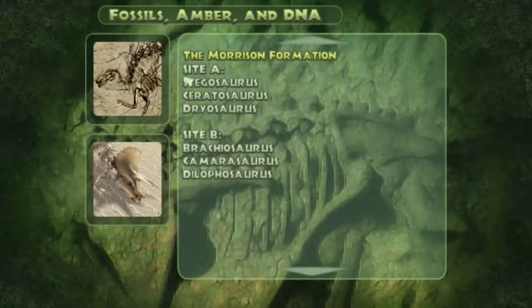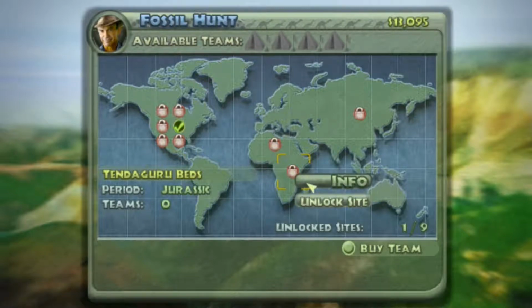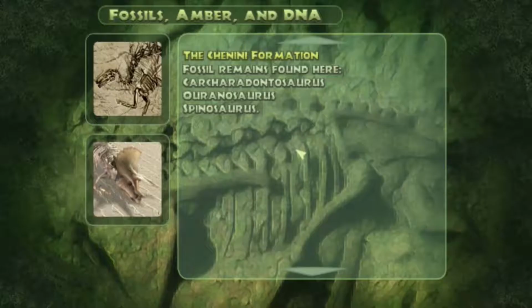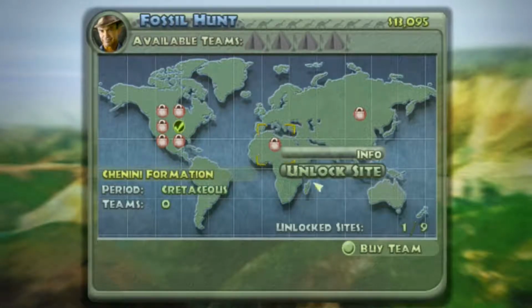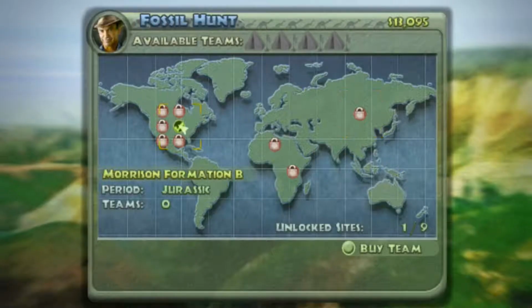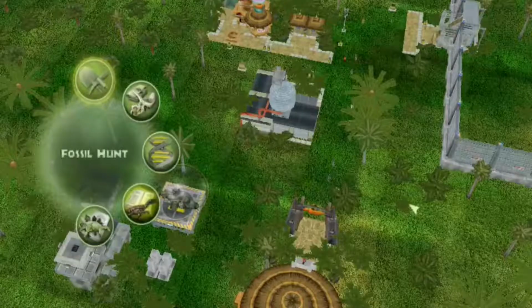Information. Look at the riverbeds. Allosaurus, which doesn't make sense. Okay, information. Carcharodontosaurus, Spinosaurus. I don't know what the other one is, but let's just unlock this one just because. I like how it says unlock site. No, you can't unlock site. Site's 1 of 9. So how do we actually...